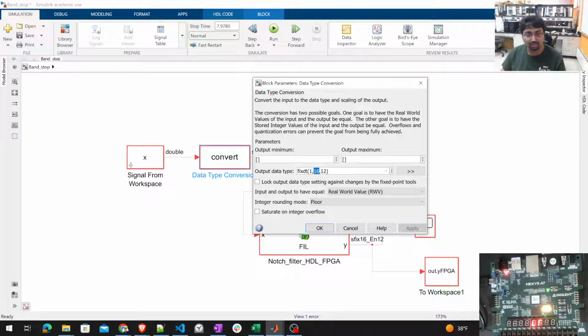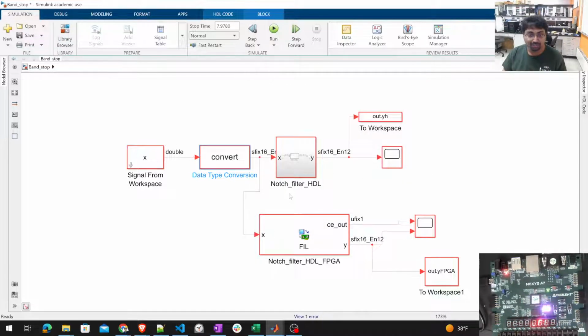16 bits word length in total. Out of those, 12 are reserved for the fractional part, and then there is the scope signal from the workspace. It's my raw signal, and then it's converted to fixed point, and that signal is going to the workspace also, so that we can analyze that signal in the workspace by using our spec function